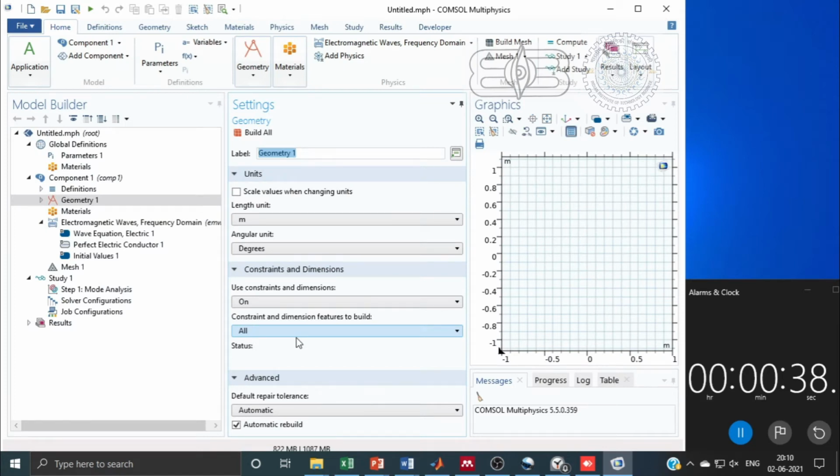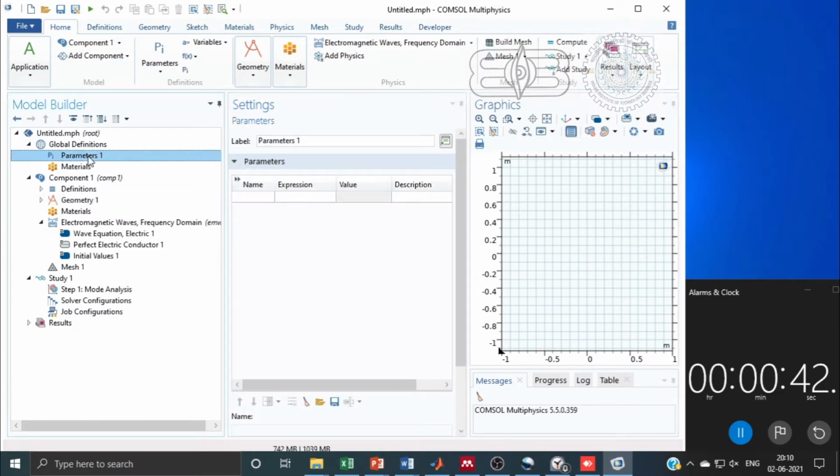Now a screen will appear, and the very first step is to input our initialized parameters. One by one we will enter the values which we have taken in our work from our paper. So P is the pitch, and its value is 2 micrometer.